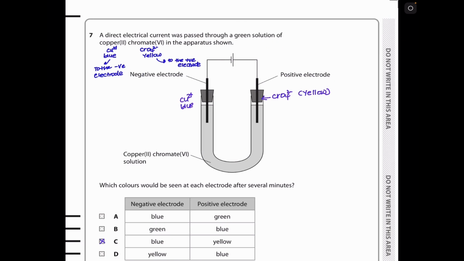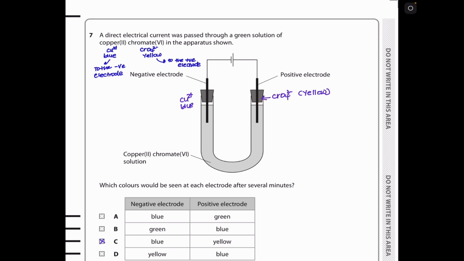In question 7, a direct electrical current was passed through a green solution of copper 2 chromate in the apparatus. Here the green color is because copper 2 is blue and chromate is yellow, so a mixture of the two creates the green color. And we know copper 2 is positive, so it's going to go to the negative electrode, which is this one here. So we will see a blue color here. Since chromate is the anion, it's going to go towards the positive electrode, and we'll see